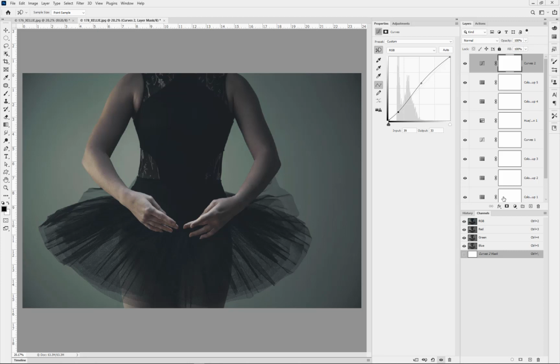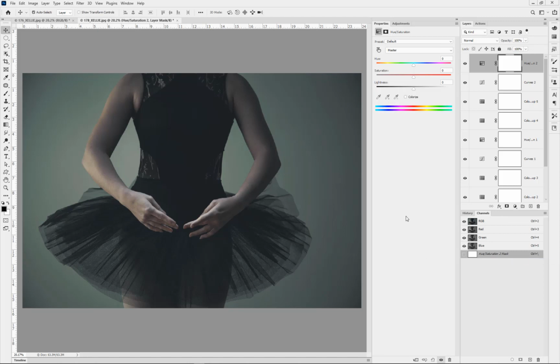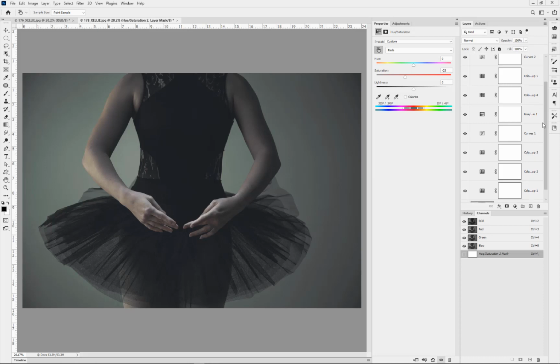And in the same way I can go over to the likes of saturation and choose a specific color. So let's go into the greens and once more hit the scrubby tool and just increase or decrease it. I'm moving to the right, so that increases the color. Let's see if there's any reds within the image. Let's remove those down a touch more. Here we go. So basically what we've created, as you can see, is all these adjustment layers,